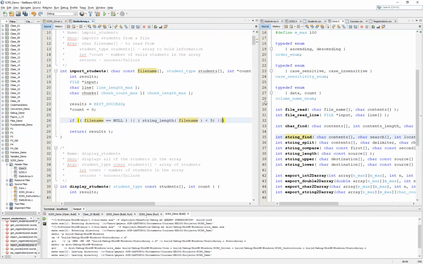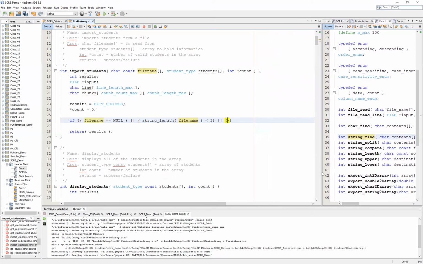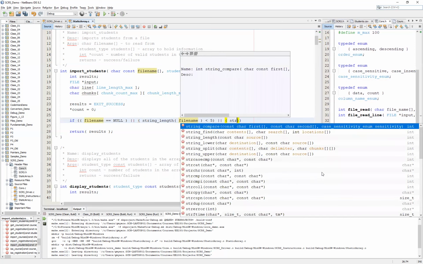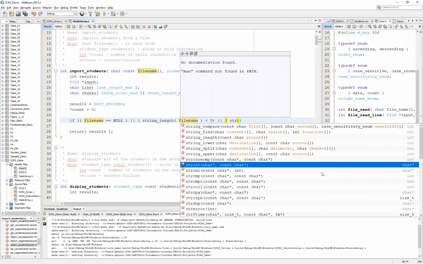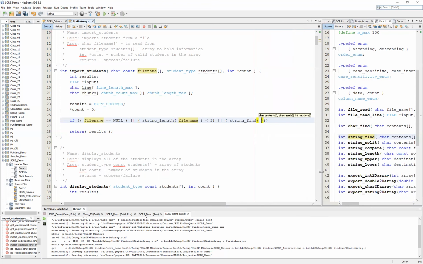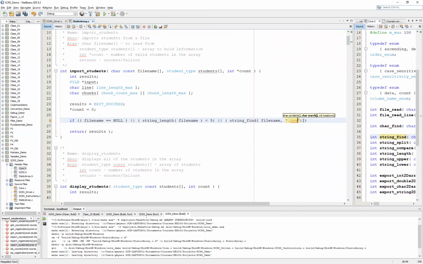And then the or as our third condition that we wish to check would be whether our string find function fails to find in the file name the .csv file extension. Now, the way we wrote this function, we will also require a locations variable. We aren't going to necessarily be worried about that. As a matter of fact, we're just simply going to dispose of the value here,